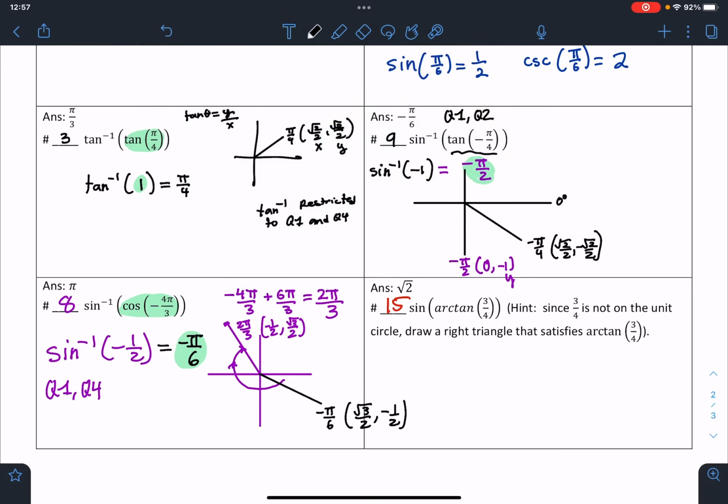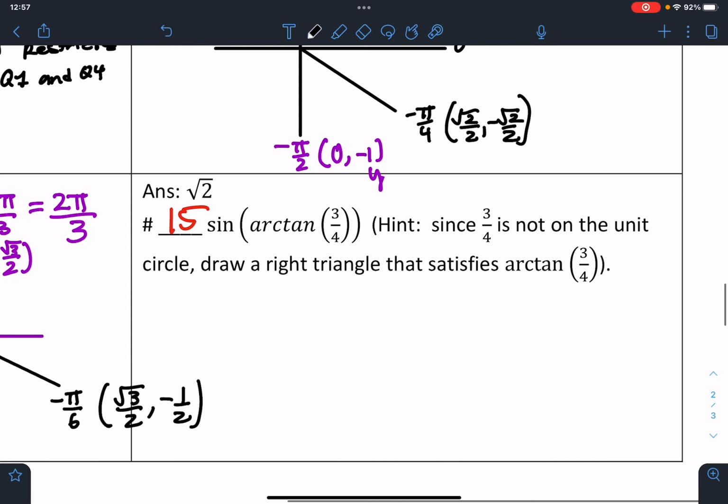All right, so this one is probably the hardest one on here. There's a hint. The hint says since 3 over 4 is not on the unit circle, draw a right triangle. So if we look at this inside part, the question being asked is, what angle produces 3 over 4? But the issue is there's no angle that gives 3 over 4 on the unit circle. So we're going to draw a triangle, and we're going to ask ourselves,